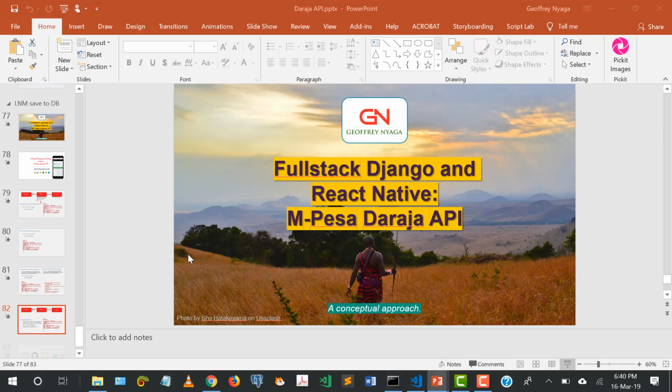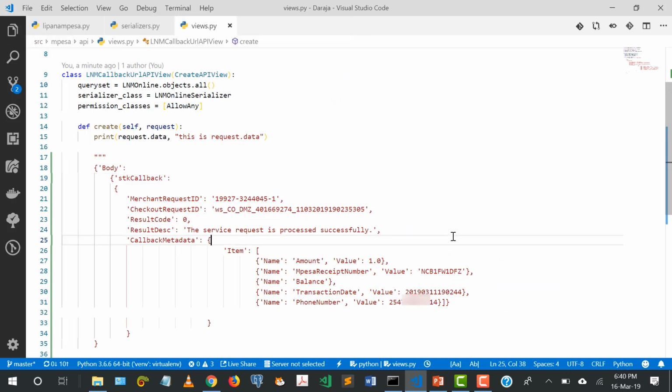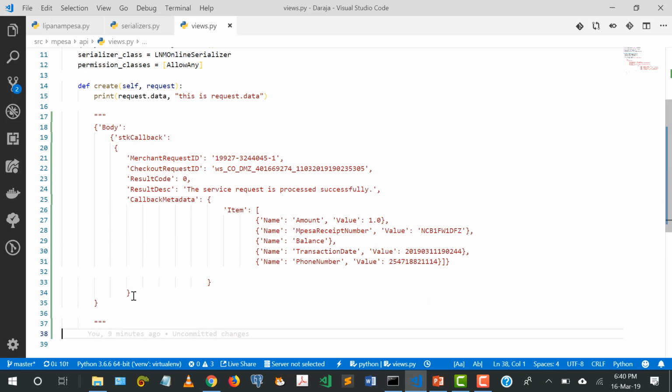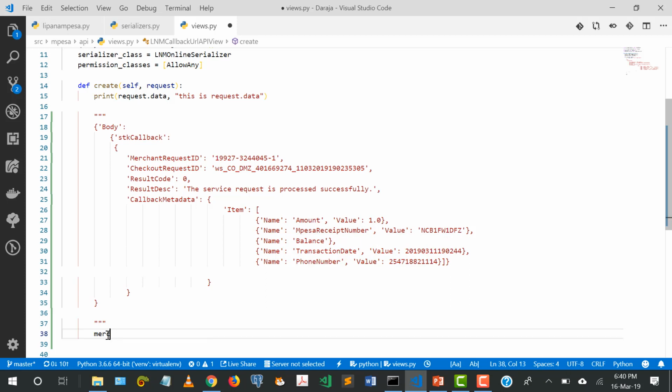So coming to the code, this is what we had. I'm going to maximize this. So we need to extract this information. The way I do it, the first thing we need is the merchant request ID. I can call it anything. I can just call it merchant request ID, and I'm going to say this is equal to